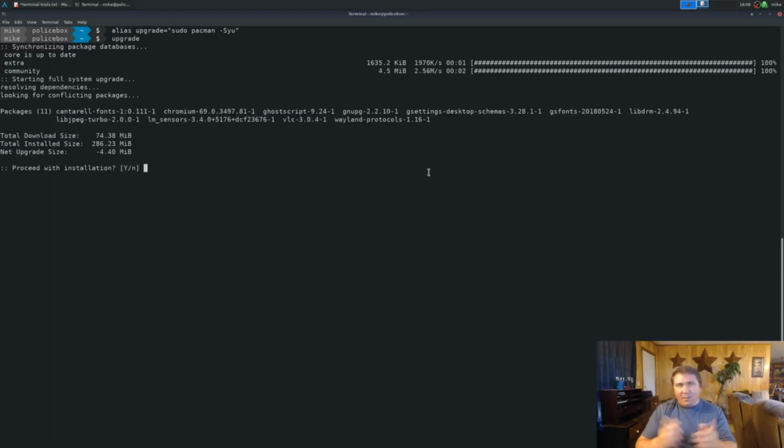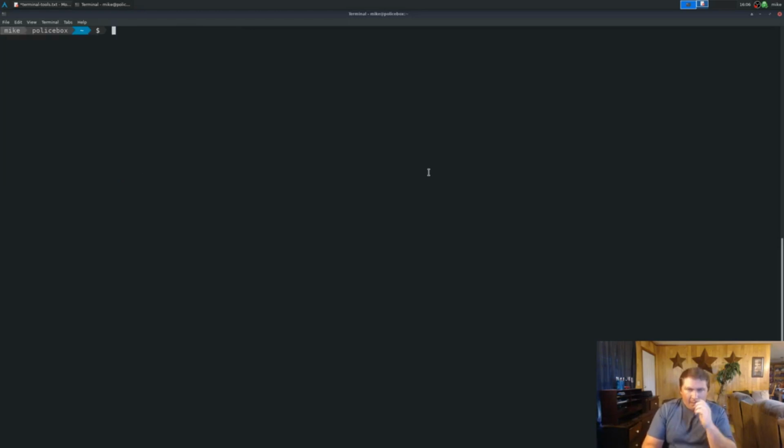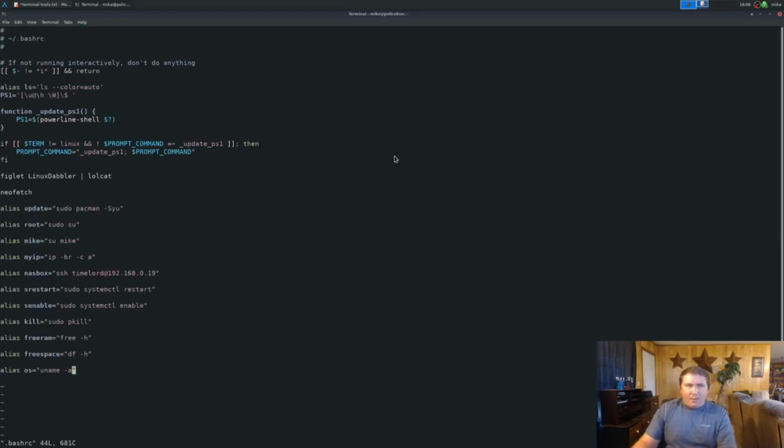Easy peasy, right? But you don't want to type in an alias every single time you want to just type in upgrade and upgrade the system, or do whatever. So let's look at my bashrc, because that's how you make them stick. If we go down here, you can see I've got Figlet typing out Linux Dabbler, piping that through a lolcat,